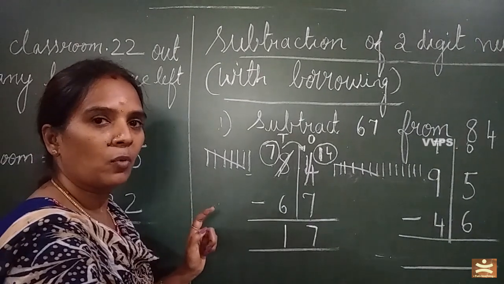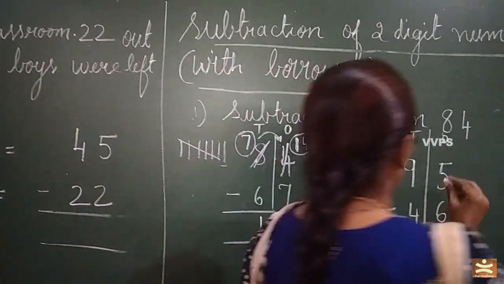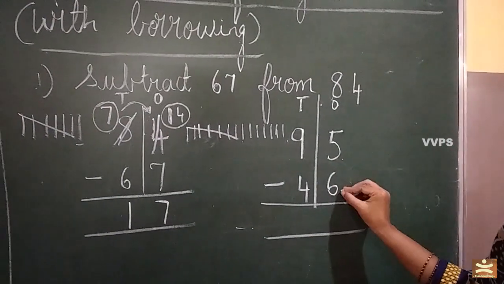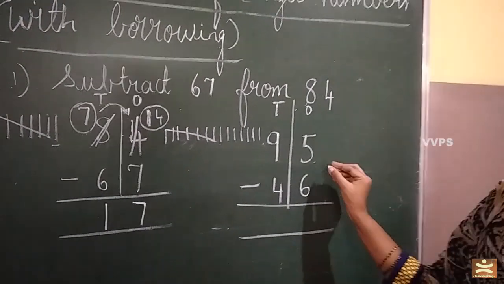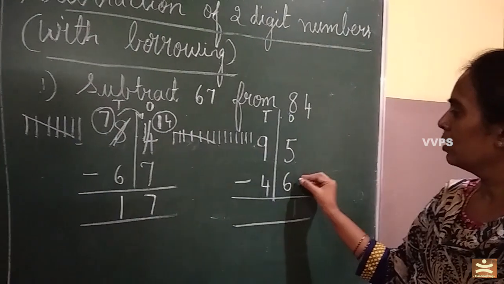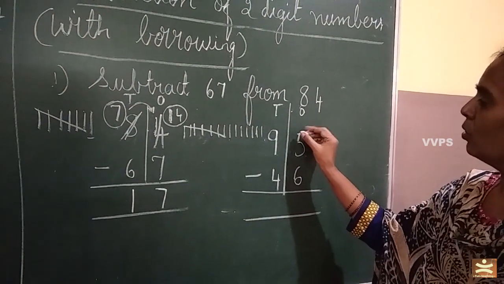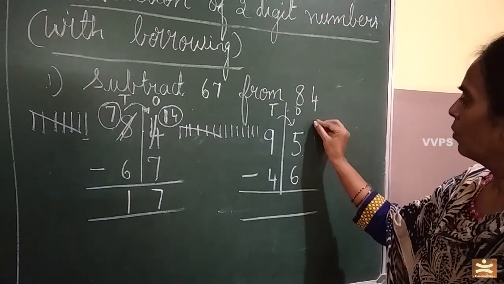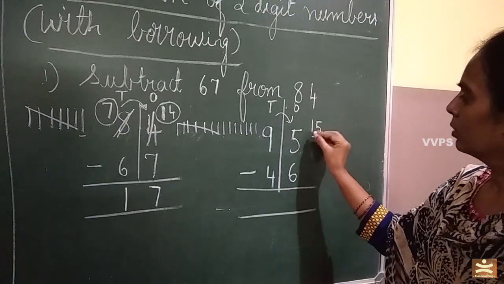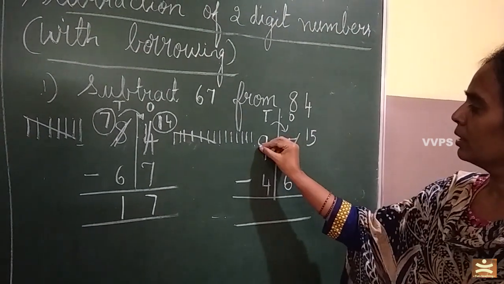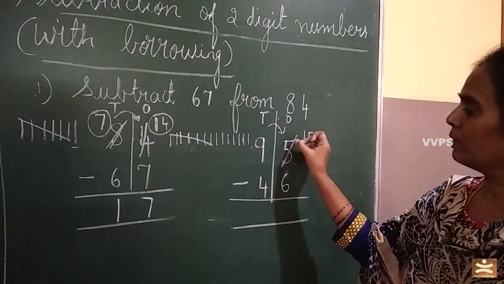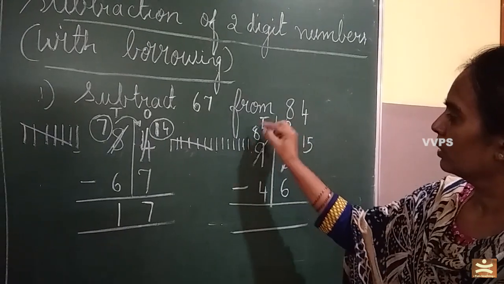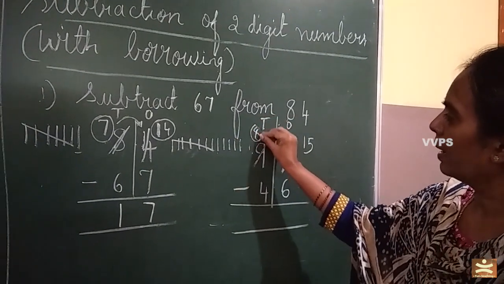Okay. So one more sum also I will teach you, children. See, I have written here in one space 5 and 6. So which is big, children, here? 6. So you cannot subtract it from 5. So what you have to do? You have to borrow 1 from here. So this becomes 15. Okay, it becomes 15. And you are giving from tens, so this becomes 8. Okay children? Becomes 8 here.